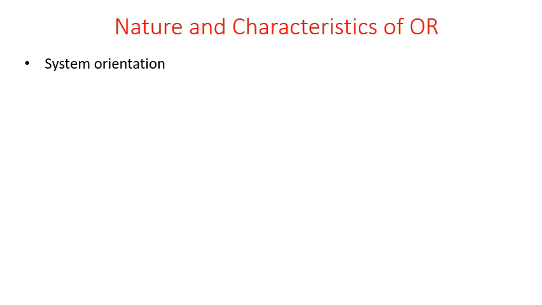If you observe the terms which we are going to discuss now, most of them are already there in the previous slide where we discussed about the description or the definitions of operations research, you got this word system, techniques, all these things have come in the definition also. So what are these nature and characteristics of OR? It's a system orientation. Now every organization has to take several decisions, and also all decisions cannot be solved by a single entity.